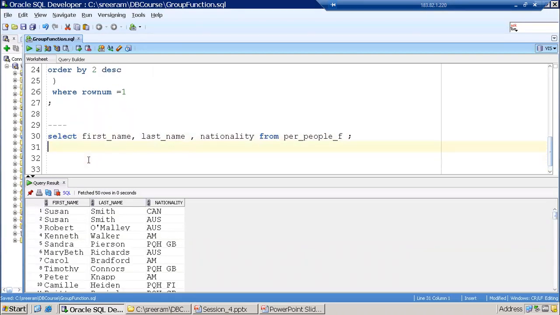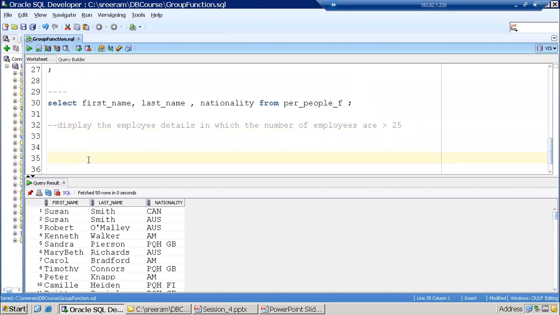Now what I want to do is display the employee details in which the number of employees is greater than 25.